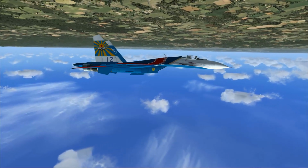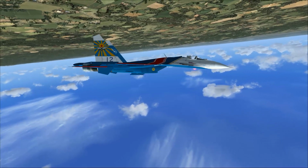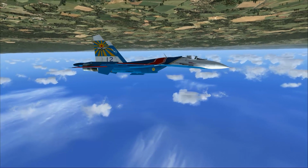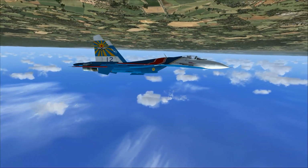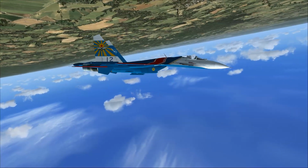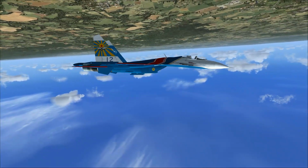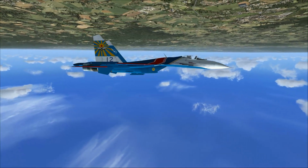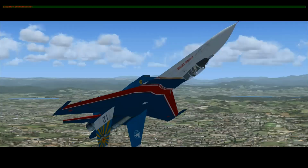It was intended as a direct competitor for the large U.S. 4th gen fighters, with a 3,500 kilometer, that's 1,900 nautical mile range, heavy armament, sophisticated avionics, and high maneuverability. This aircraft often flies air superiority missions, but its most modern variants are able to perform all combat operations. This is a complement to the smaller MiG-29. We talked about that a little bit with the MiG-29. Its closest counterpart is